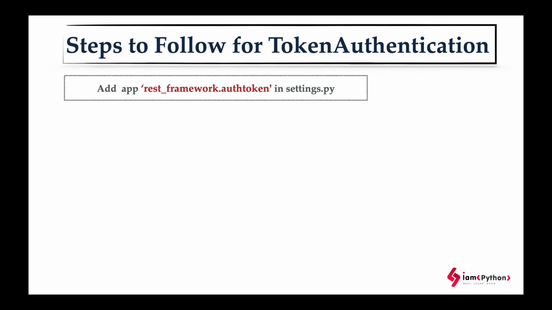The first important thing is that there are different types of token authentications. We can also use third-party token authentications, everything. But in this video, I'm talking about the very basic token authentication, which is important for understanding how token authentication works. Okay, so the REST framework itself is giving the authorization token. It's a separate app. We need to add that app in the settings.py. That is the first step.